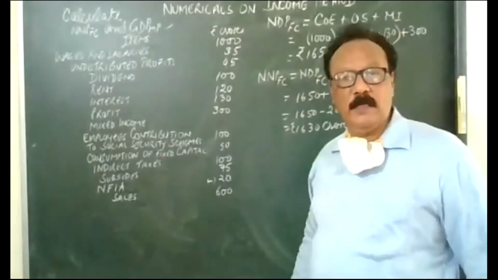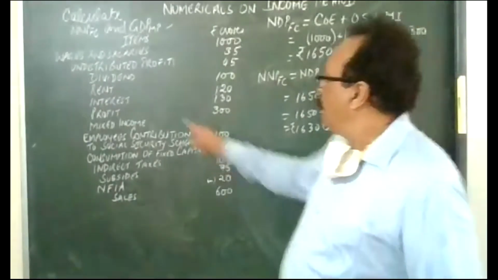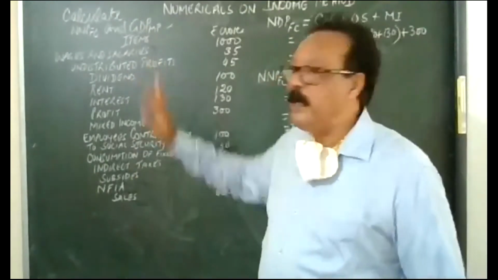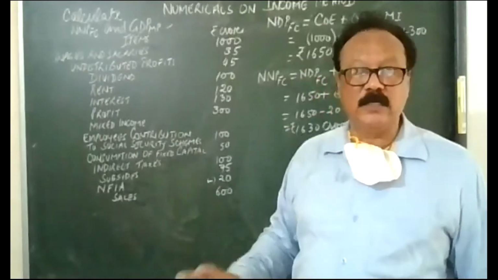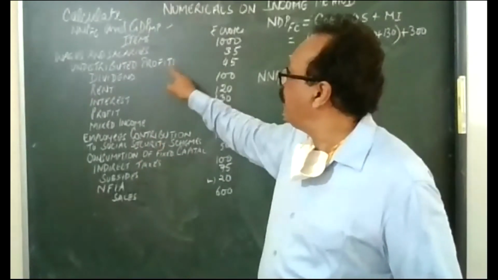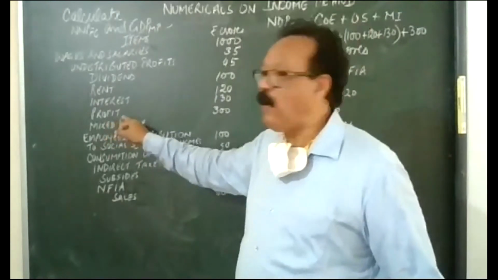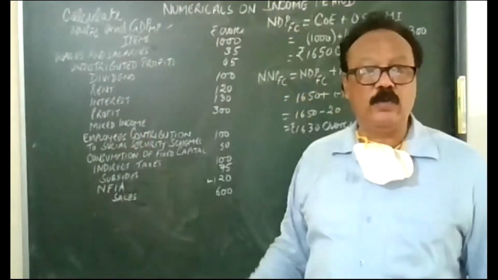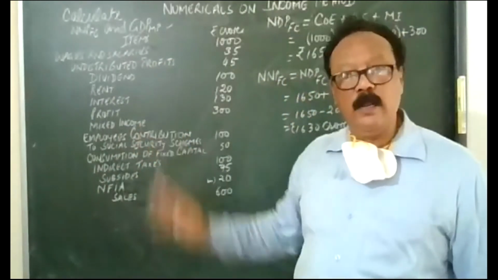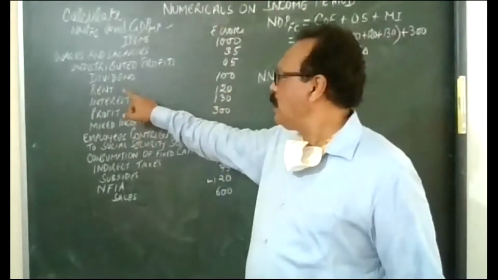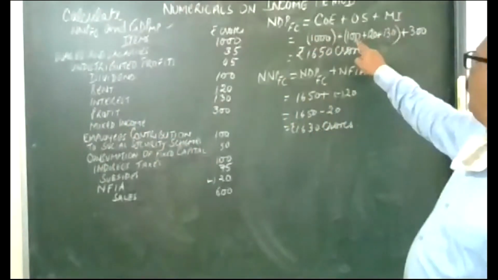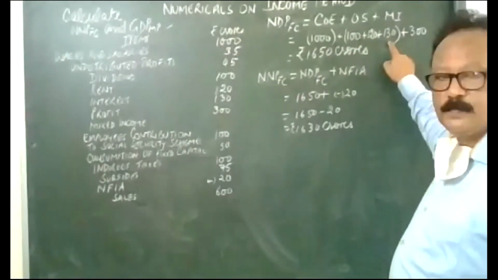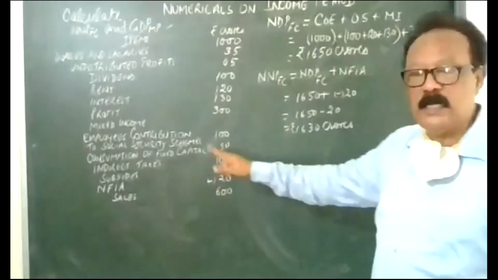OS, the operating surplus. Undistributed profits normally fall under the heading OS. Dividends fall under the heading OS. Yes, but we are not taking them into account because profit is given directly over here. These both are a part of profit, so we are not taking them separately; they are already included. So what is left? Rent, interest, and profit. Rent, interest, and profit are the three entries for OS. Besides that, there is nothing else.